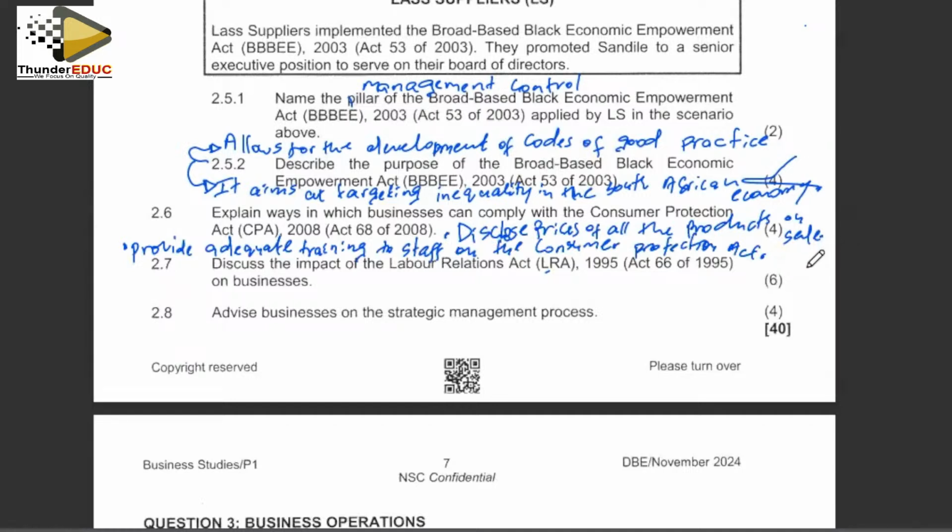Okay, right, grade 12. So now we have landed on question 2.7. So it reads as follows. Discuss the impact of the Labor Relations Act 1995, 66 of 1995 on businesses. So now, one of the impacts is that it protects the rights of the businesses in labor-related issues. Also costs labor increases because of legal strikes, and we also have reduced global competitiveness due to lower productivity. So now we're saying that